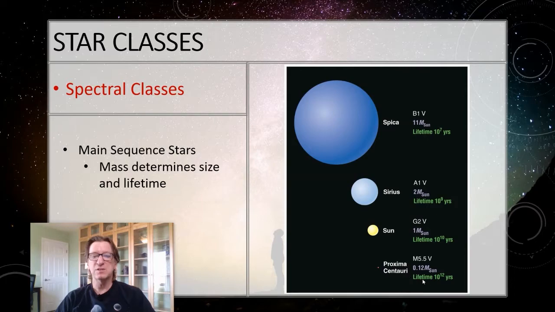On the other hand, Proxima Centauri is going to live about 10 to the 12th years. That's 1 trillion years. So considering the universe isn't even 1 trillion years old, some of the very first stars, the very first M-type stars that were ever created are still around. On the other hand, when the dinosaurs 65 million years ago turned their telescopes to the sky, they didn't see Spica. It hadn't been born yet. So the difference in the lifetimes of these depends strictly upon the mass and how fast it's burning.